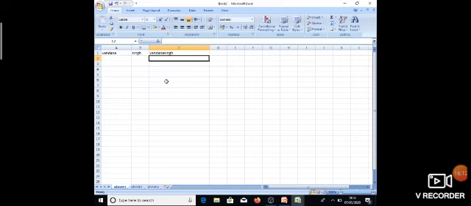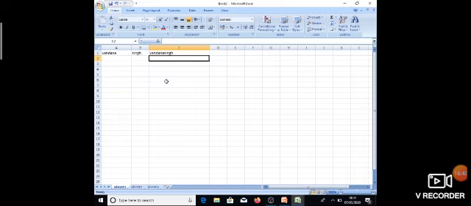Okay. So for selecting a range, you must click on the first cell in the range and hold down the left mouse button. Drag it up to the last cell. Okay. Or select the first cell in the range and then press F8 to extend the selection by using the arrow keys.